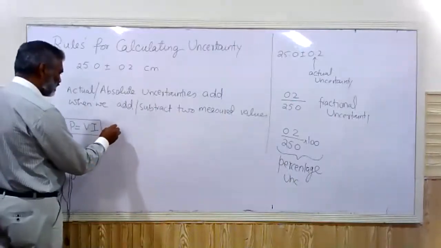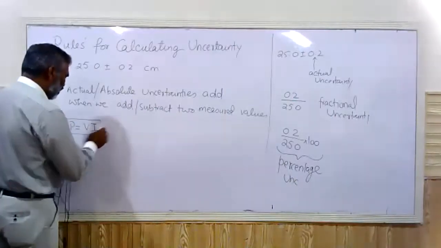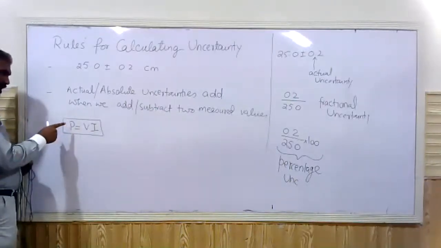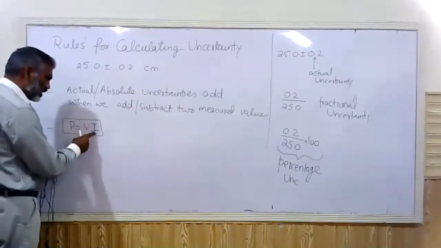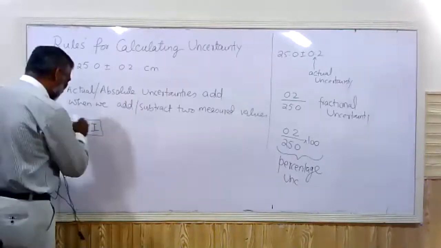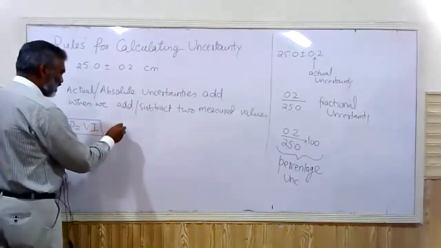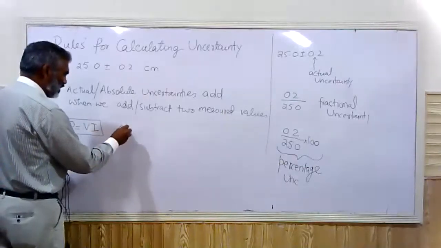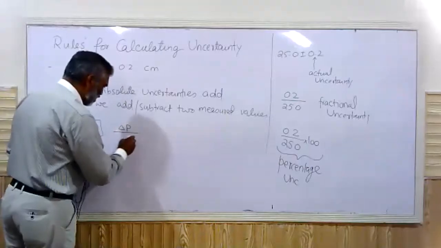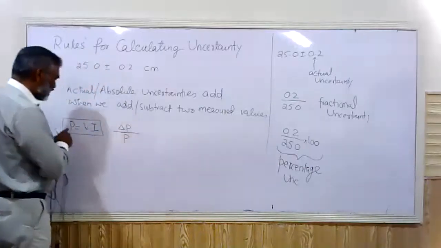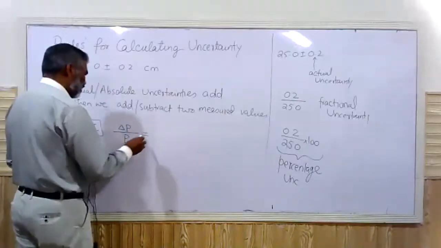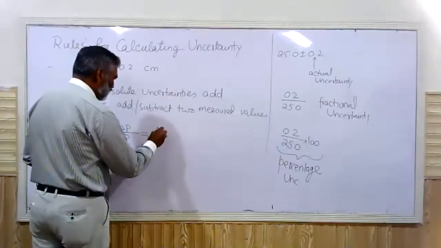the rule is, in order to calculate the uncertainty in it, we first calculate the fractional uncertainties of these two quantities and add them. So there is a formula for a situation like this. We write it in this manner: delta P, which is the actual uncertainty in P, divided by P, which is the measured value of P. This will be considered equal to the actual uncertainties in V.